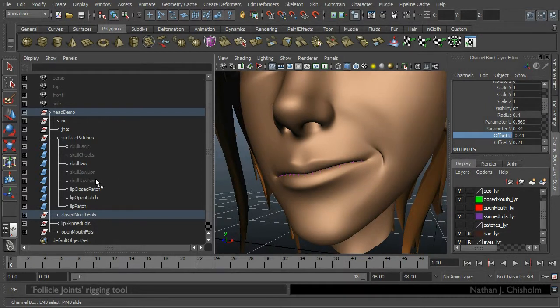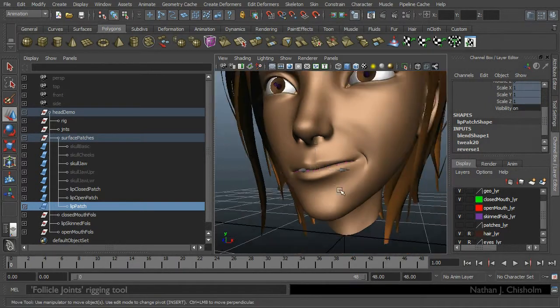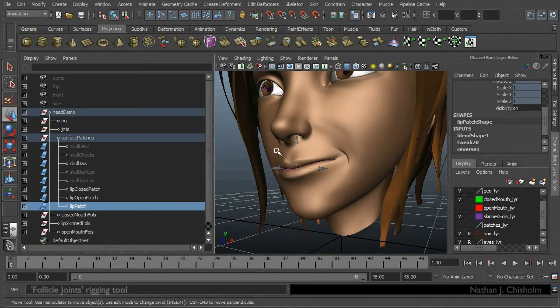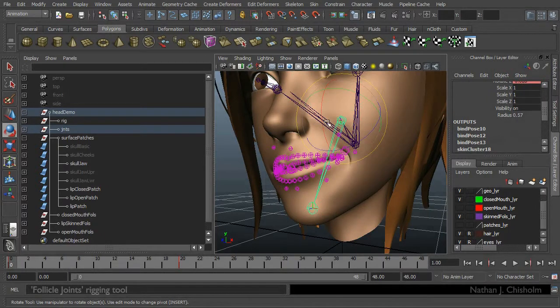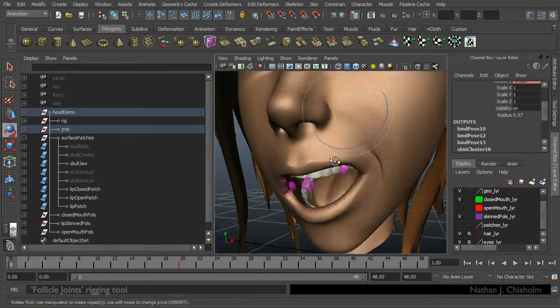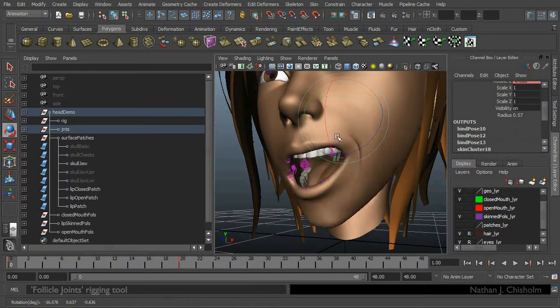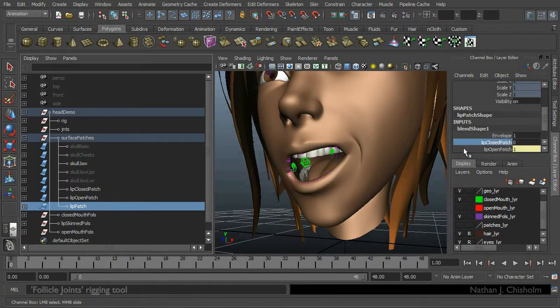I also did two versions of the lip patch, one which is an open mouth, so when the jaw opens the bottom stays with the bottom, the upper stays with the upper, and one that stretches between them so they can blend between the two on that lip patch. You can see it's just jaw moving the lower half of one of these lip patches. They can blend between closed mouth and open mouth.